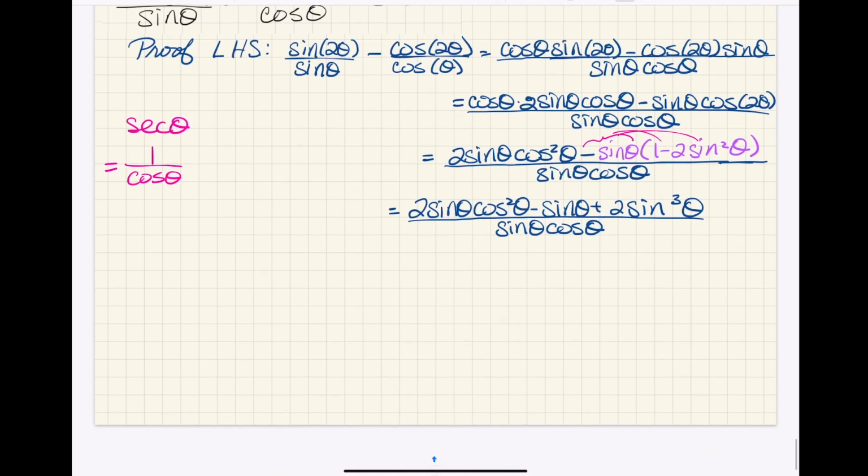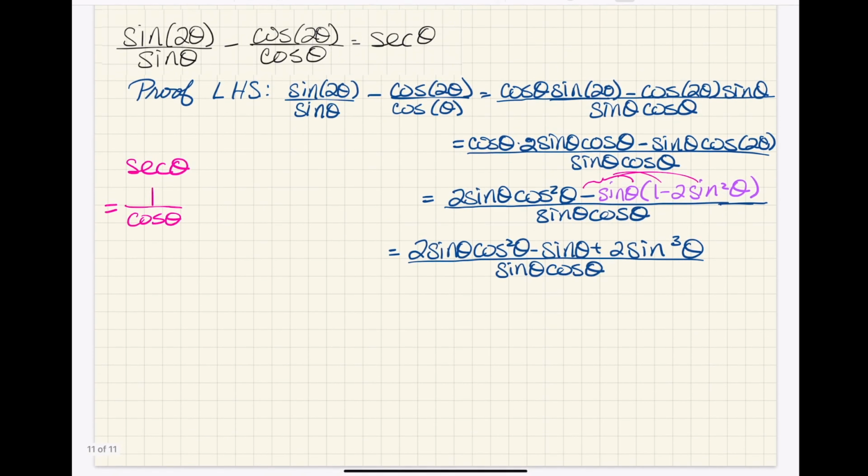Now, you might be looking at this and think we're going down a dark hole here, a path of no end, and have to erase some stuff and restart, but do not fear. That may very well happen with your proofs, but it may not. As I look at my first and third term, I have a factor of sine of theta here, and actually all of these have a sine of theta. I want to bring these two terms together and factor out a 2 sine theta out of just these two terms.